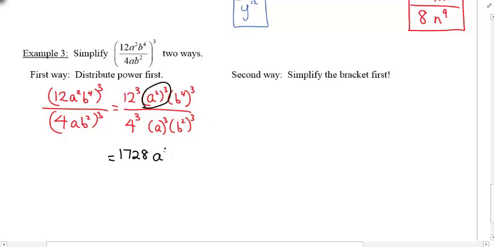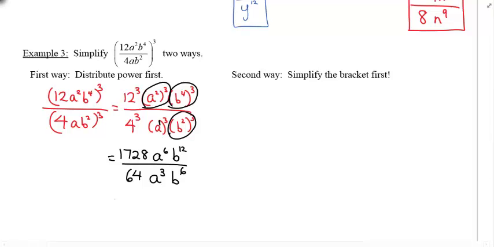Multiply the exponents, because of the power to the power. Multiply the exponents, power to the power. 4 cubed, that's 64. This is a, remember, power of 1, so 1 times 3 is just 3. A cubed. B squared cubed. Power to the power, that's 6. And now we have to